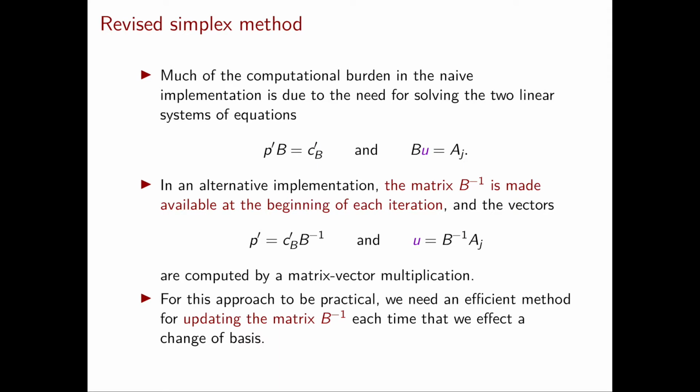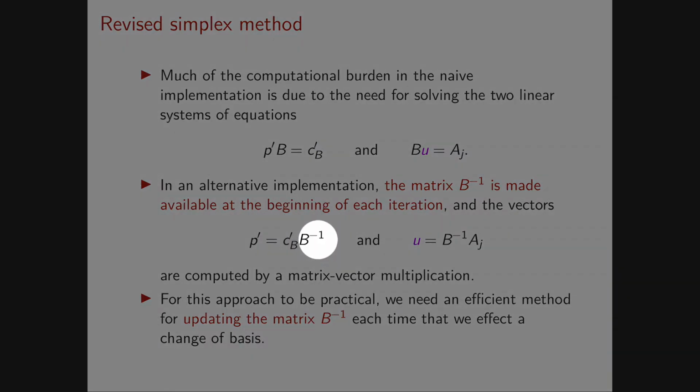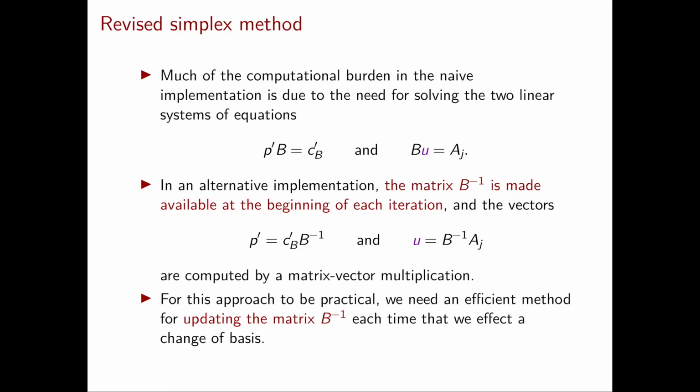So this idea gives us a clear path on how to decrease m cube operations to m square operations in a single iteration. However, the main difficulty here is that we don't in fact have the matrix B inverse. And if we wanted to compute B inverse starting from B, it would take us again m cube operations. And so we would obtain once again the same running time of the naive implementation. So in order to obtain this better runtime in the revised simplex method, we need a smart way to construct B inverse at each iteration that doesn't require m cube operations.